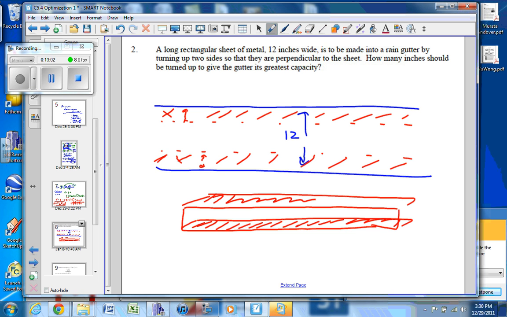There's my rain gutter. So this would be x and x. So therefore this would be 12 minus 2x, this distance here, since I cut away x from both the top